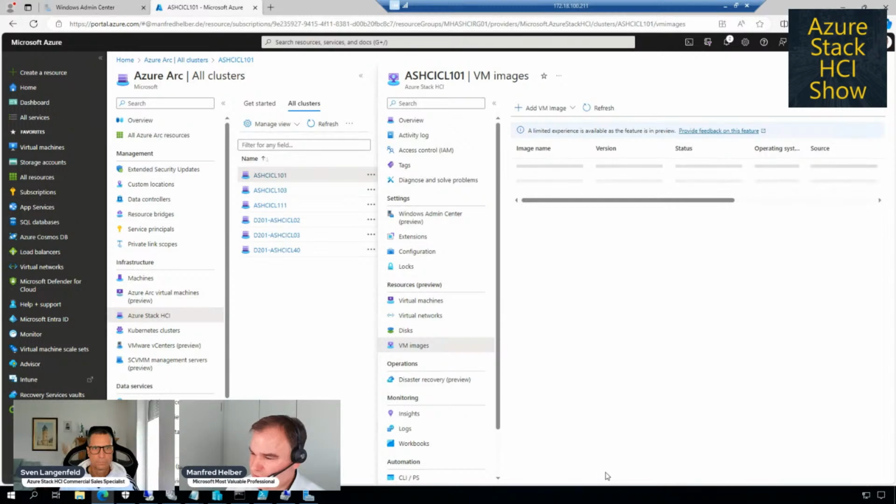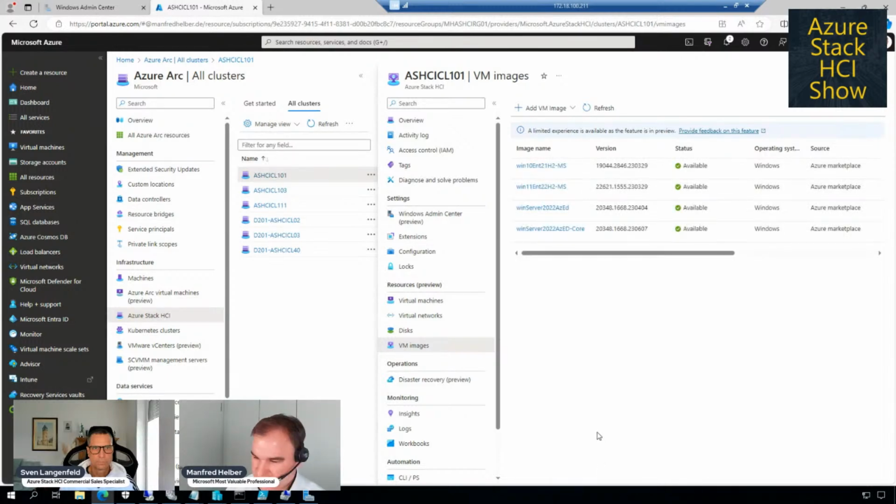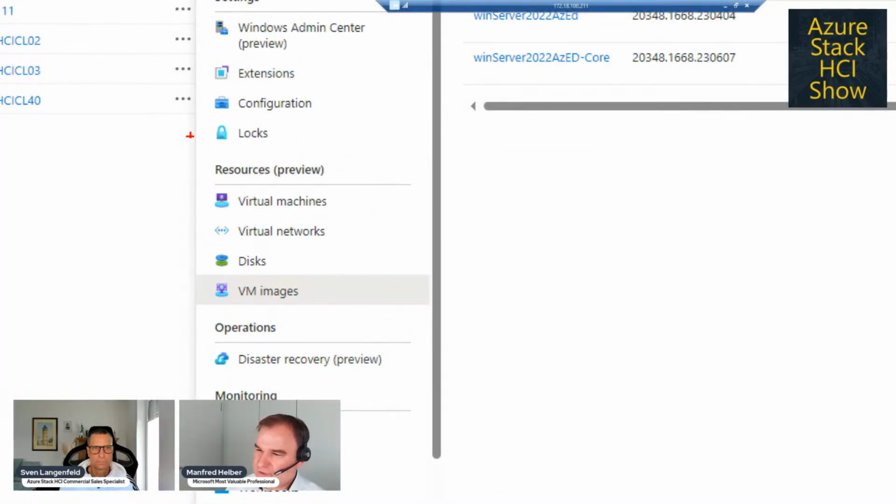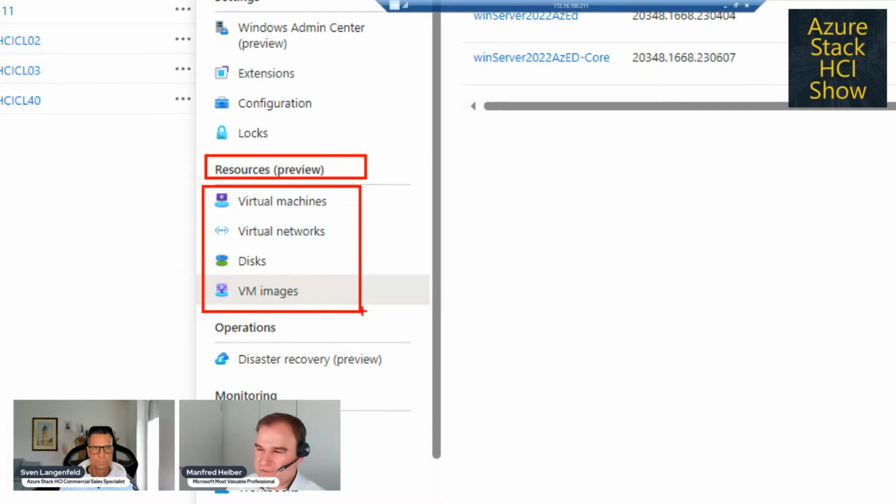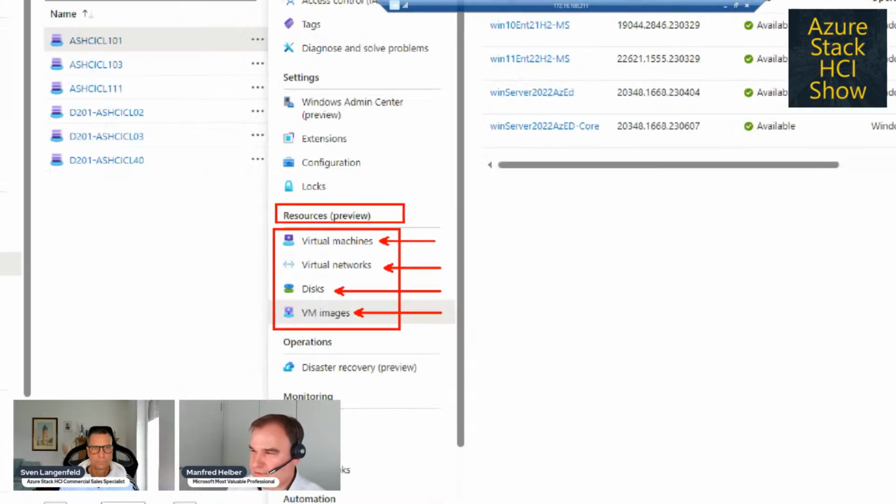These virtual machine images are resources, as we can read here. So these resources here are stored in or managed by the Azure Arc Resource Bridge. Virtual machine images, disks, virtual networks, virtual machines, and there are more resources that can be handled via the Azure Arc Resource Bridge.